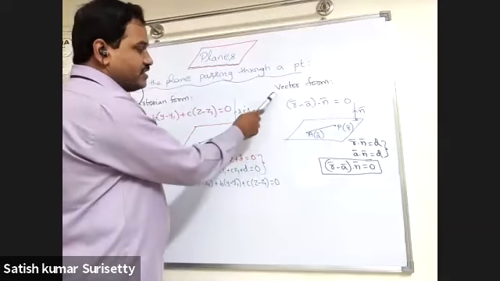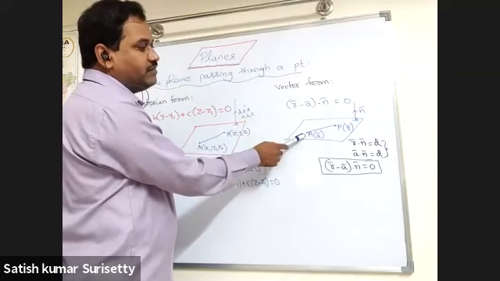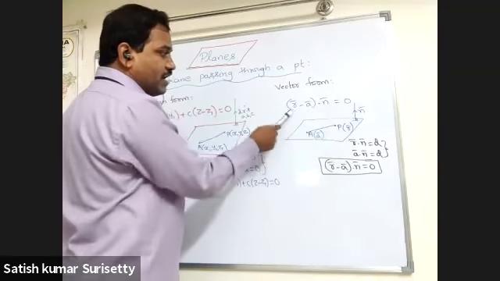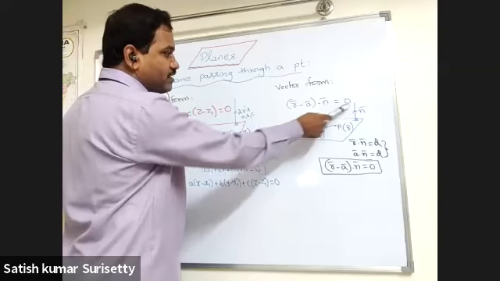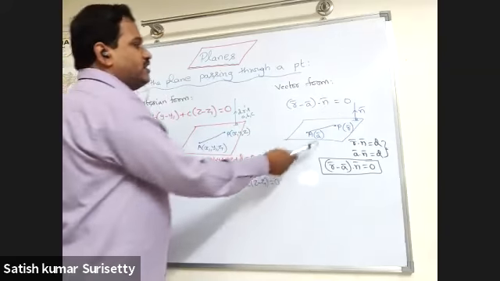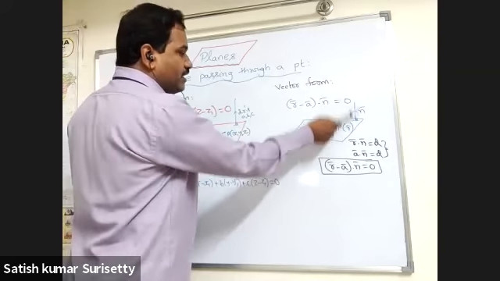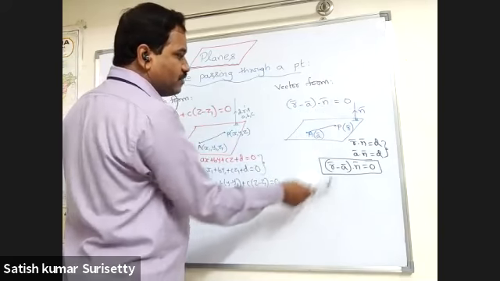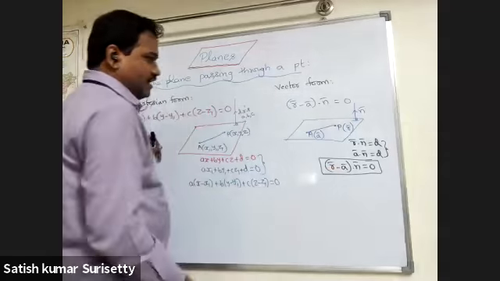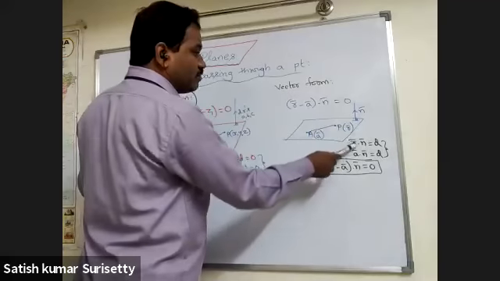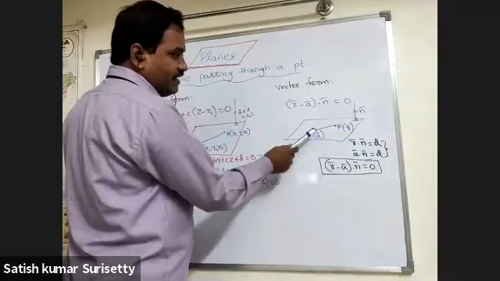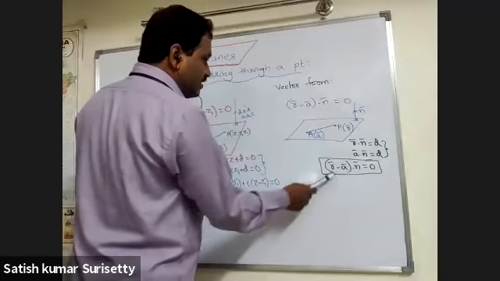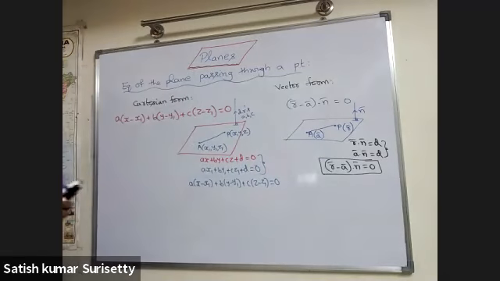So the vector equation of the plane passing through a point with position vector a bar with a normal vector n bar is (r bar minus a bar) dot n bar equal to 0. Here AP bar is perpendicular to n bar, that means the dot product is 0. So (r bar minus a bar) dot n bar equal to 0. Another way is to take the equation of the plane as r bar dot n bar equal to d, and a bar lies on it, so a bar dot n bar equal to d. Subtract, then you get (r bar minus a bar) dot n bar equal to 0.